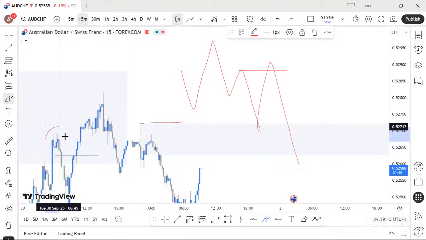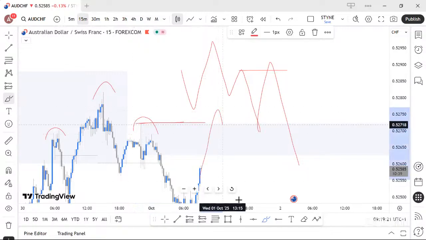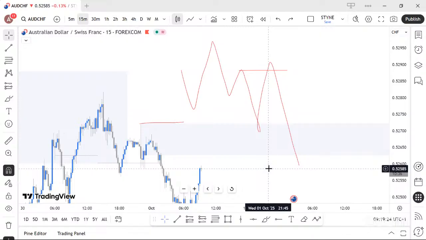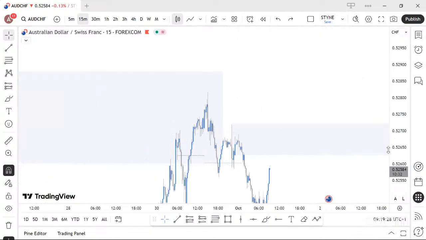You can see this is like the left shoulder, this is like the head, and this is like the right shoulder. So most of the time, price likes to come for the right shoulder like this before dropping. So I want to put us on the right track. If we're going to be taking this trade,